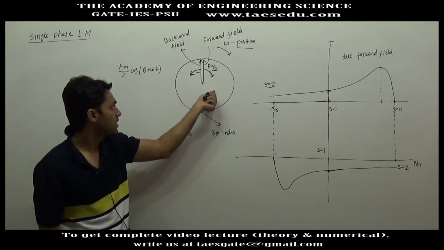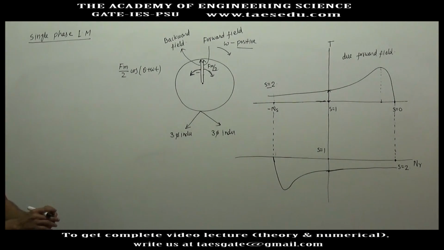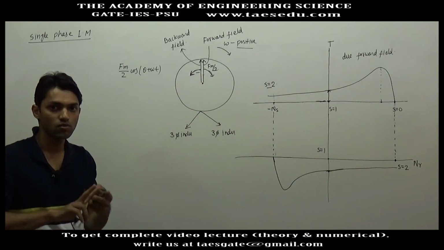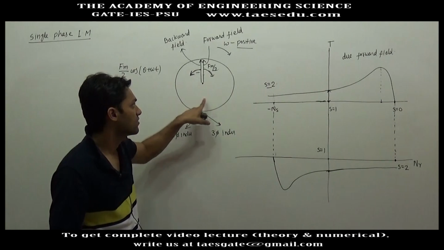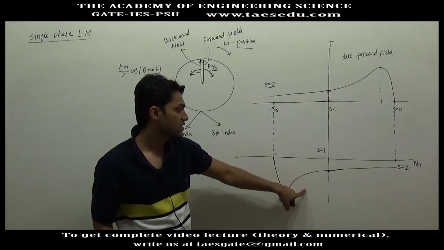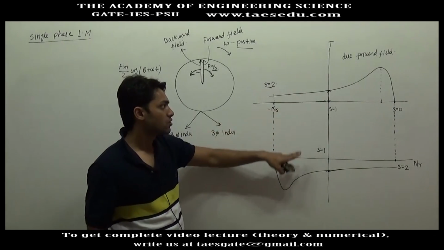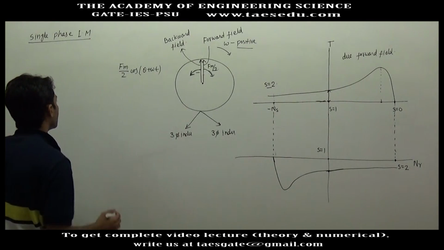One is the forward field and another is the backward field, and we viewed it as a 3-phase induction motor in which there are two stator magnetic fields. So corresponding to each stator magnetic field we have a torque slip characteristic, and the overall torque will be the arithmetic sum of the torques due to both stator magnetic fields. So if you add them,